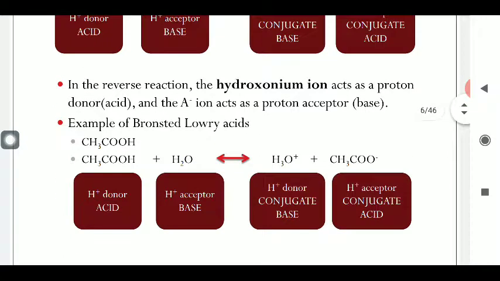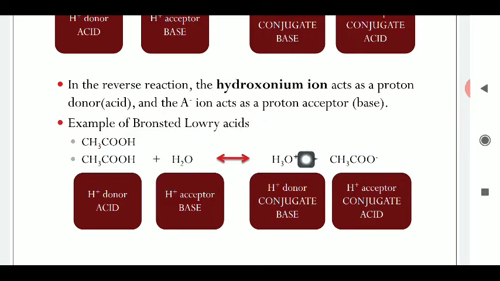You can take one more example just to understand the concept of the acid base pair. This is the H positive ion. This is the acetic acid, which can liberate the H positive ion, so it is counted as acid. Water can gain the H positive ion, so it is counted as a base. And this H3O positive can donate the proton, so it is counted as acid. And this acetate ion can gain the proton, so it is counted as a base. So this acetic acid and the acetate ion together are known as a pair. This pair is known as conjugate acid base pair 1.